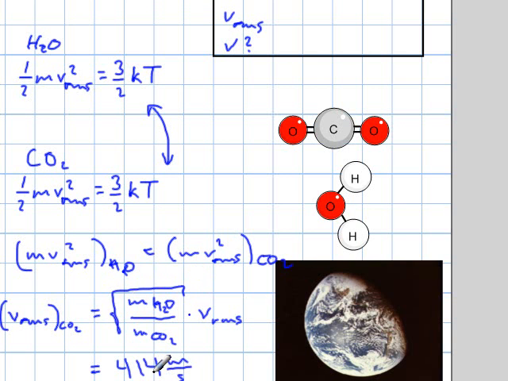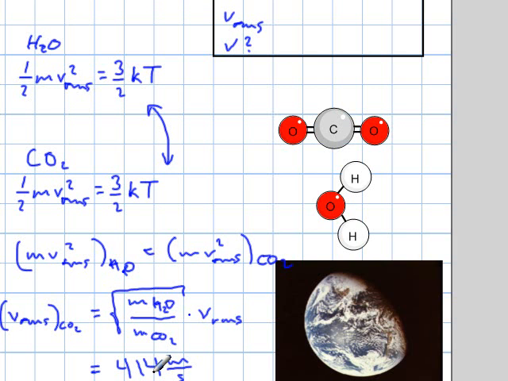That 2,000 meters per second for the root mean square velocity of hydrogen molecules in our atmosphere is large enough that in the past there were enough molecules at a faster speed that they actually escaped Earth,